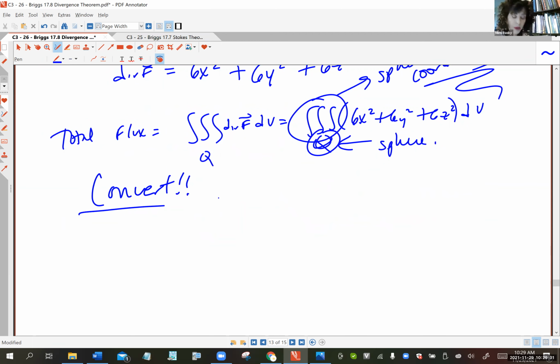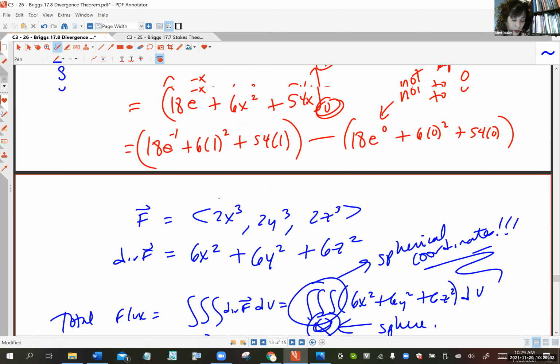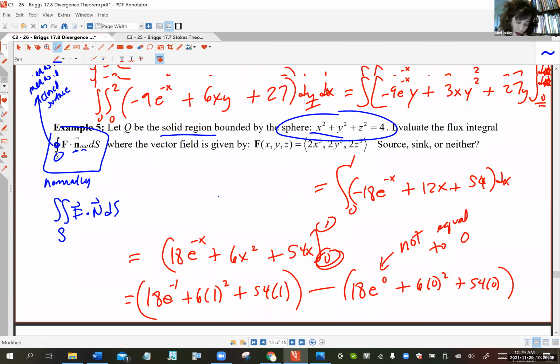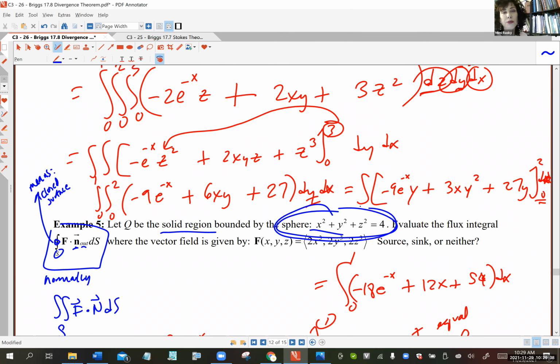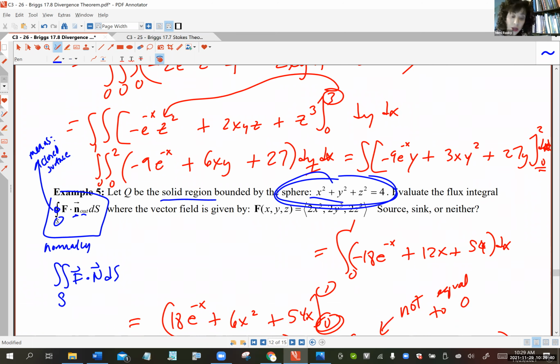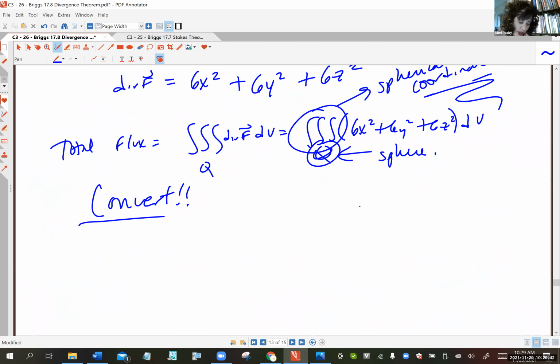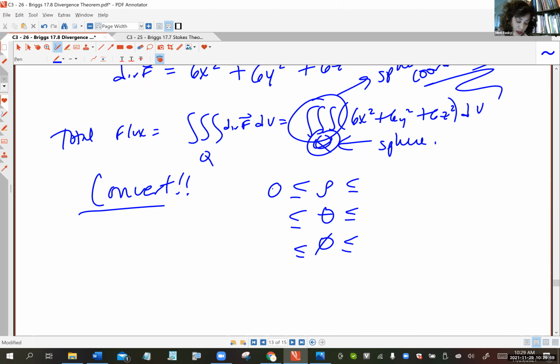Yeah. So what do we know about our sphere? Well, the sphere, they told us here, was x squared plus y squared plus z squared equals 4. So remember, with spherical, you have to worry about rho, theta, and phi. And so let's figure out all the ranges or limits, if you will, for these 3 variables in your spherical coordinate system. So rho, it turns out, is going to go from 0 to the radius of our sphere, which